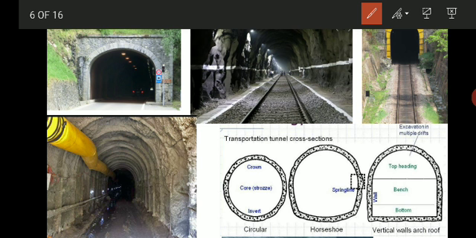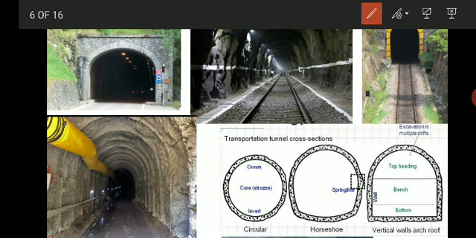Then one more type of tunnel is the hydropower tunnel. These tunnels are excavated through the rocks for the purpose of conveying water from one point to another point in connection with the generation of hydropower. That is called the hydropower tunnel. Then there are public utility tunnels also, like small tunnels which are excavated for public use, such as for carrying sewage, cables, oil supplies, drinking water, etc. They are classified under the public utility tunnel.